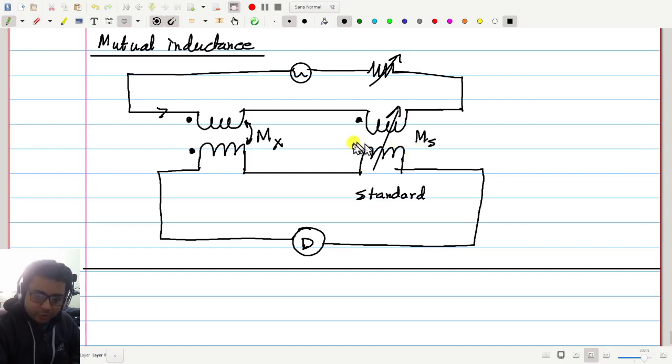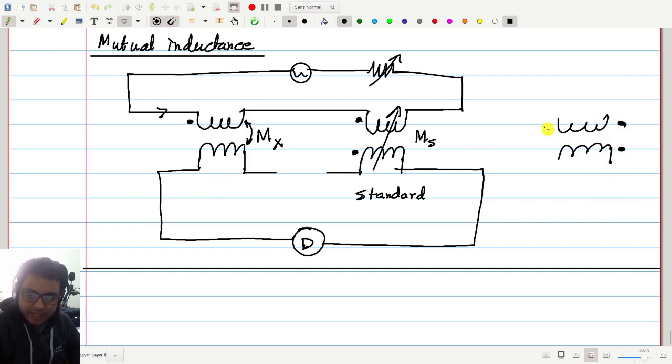Acha, okay. So suppose the standard thing is known, it is like this, and this is connected like this. Now the unknown one is completely not known before connecting it. But I can put one dot anywhere in a pair of coils, because if I have a pair of coils, marking it like this is equivalent to marking it like this. So one dot in one coil you can put anywhere, here or here, no problem.